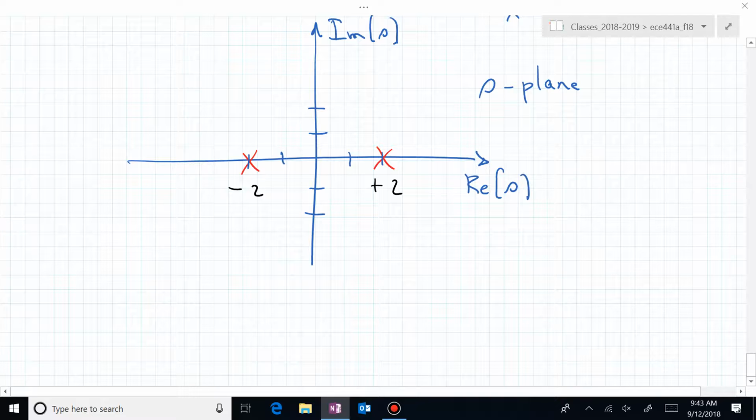But these poles provide information about the modes of this response. And what does that mean? These give us the exponent in our e terms. We now have, due to this,